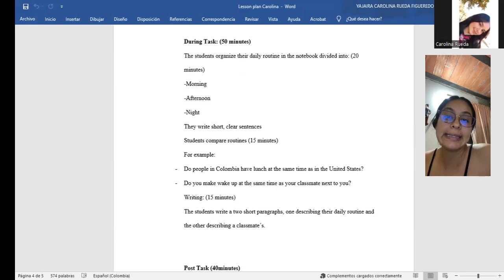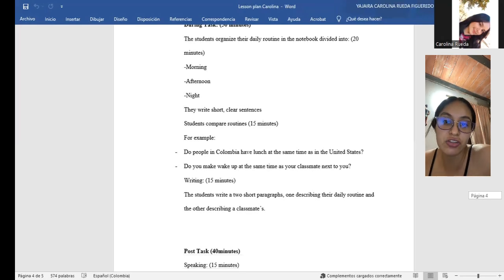3. In-class activity, task-based intercultural learning. During the class, students organize their daily routine in their notebooks, dividing it into morning, afternoon, and night. They write short and clear sentences about their daily activities. For example, I wake up at 6 a.m., I go to school at 7 a.m., I have lunch at 12